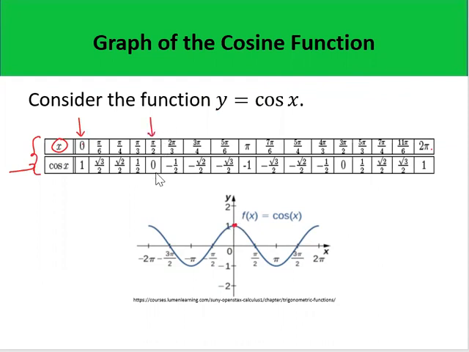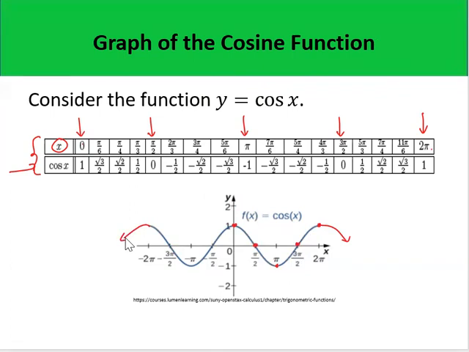This point is pi over 2, comma 0. This ordered pair is pi, comma negative 1. And then this ordered pair is 3 pi over 2, comma 0. And this ordered pair is 2 pi, comma 1. So just like the graph of the sine function, this extends indefinitely to the right side and indefinitely to the